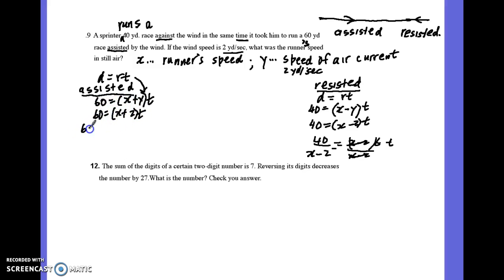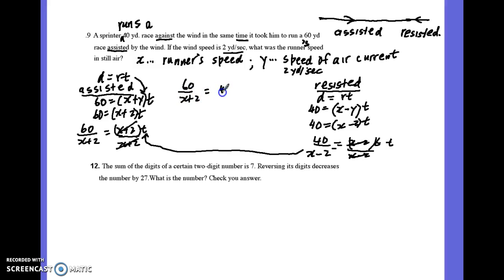So we're going to get 60 over x plus 2 is equal to x plus 2 times the t divided by x plus 2. That's gone, so we have t is equal to 60 over x plus 2. Here we have t equals 40 over x minus 2. So what that means is, instead of t here, I can write 40 over x minus 2. So I got in here now 60 over x plus 2 equals 40